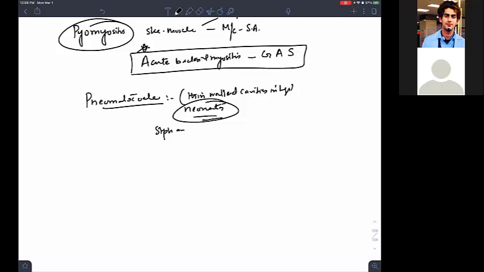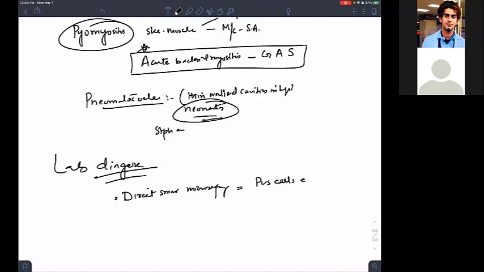Last time we talked about lab diagnosis and we also treated some infections. So right now I'll be giving a broad summary of the lab diagnosis and treatment. If we have to diagnose Staph aureus infection, what methods can we do? We can do direct smear microscopy. You will see pus cells with gram-positive clusters. Remember, Staph is a cluster. So I will be able to see them in the microscope.